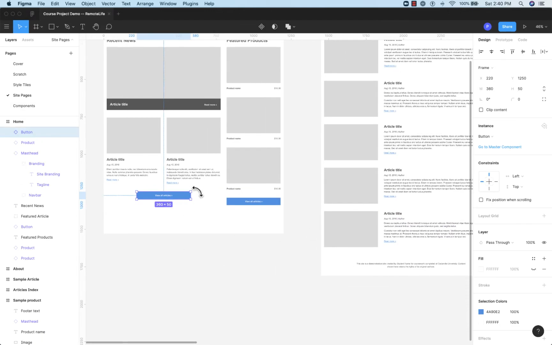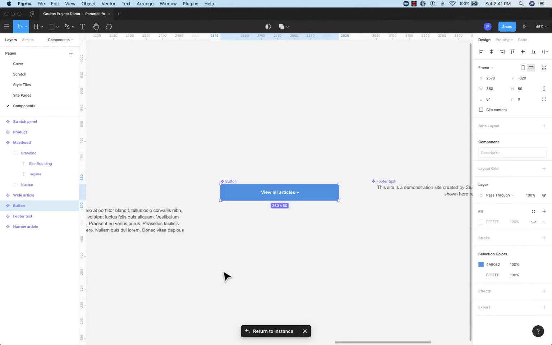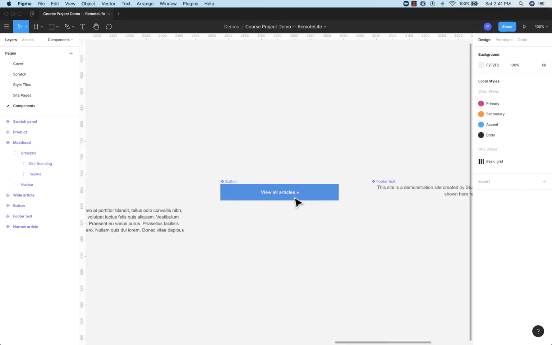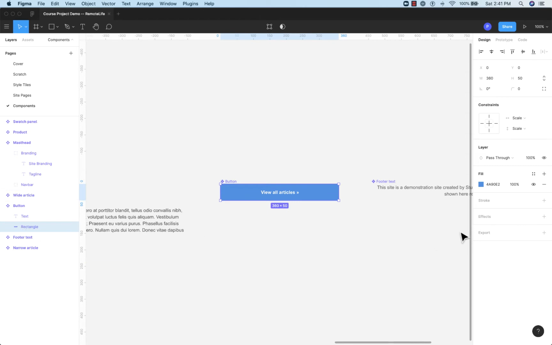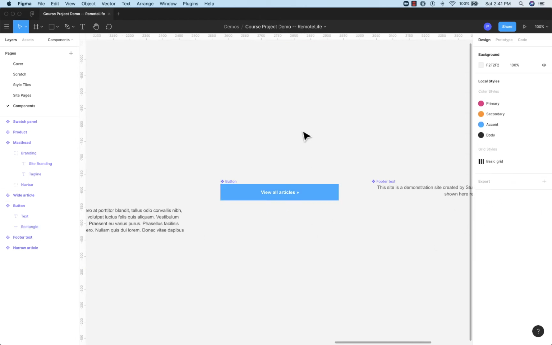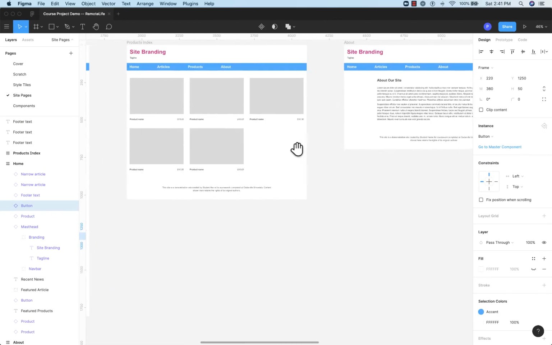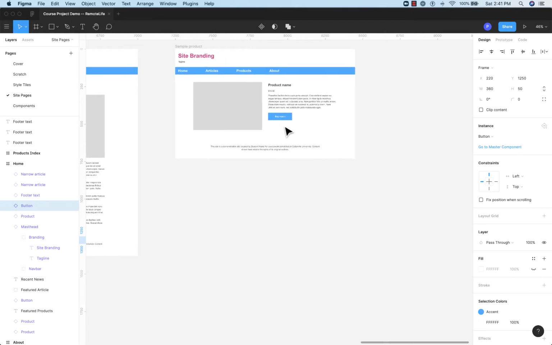So let's go over to the master definition for these and change the color. We really want them all to be the same. I was just demonstrating the purpose. So here we have this color and we actually want to use, so we're going to make sure to get the actual rectangle there, and we're going to change to use the hyperlink color. Okay, so now when we go back to the site pages, you can see that that color has applied to those two buttons, and it's even gone ahead and overridden the change that we made here, which is